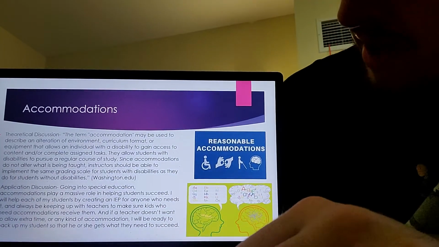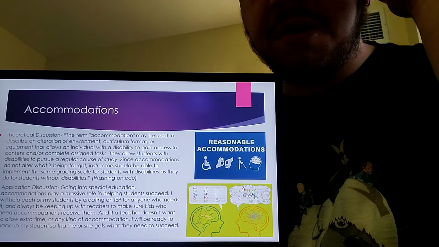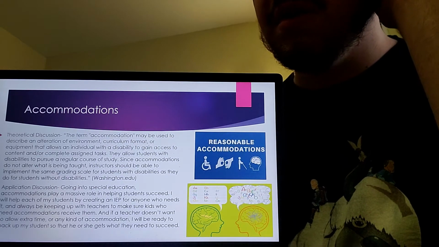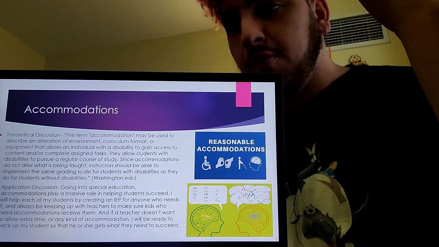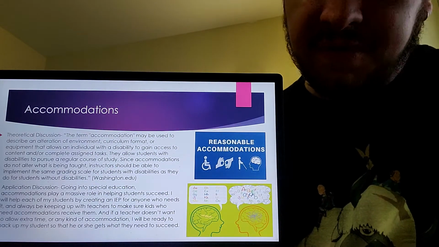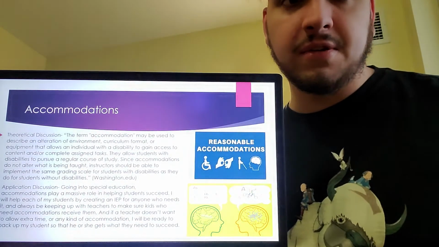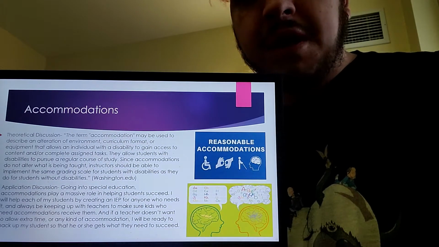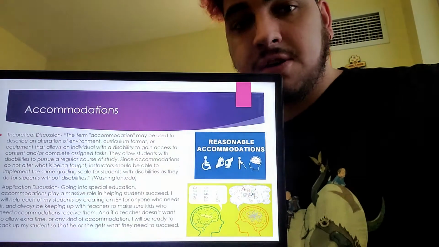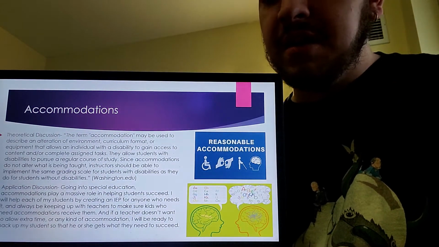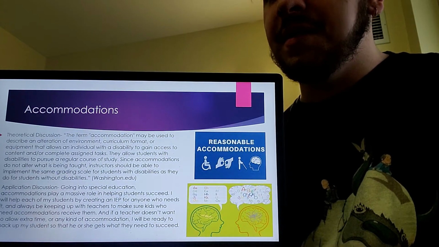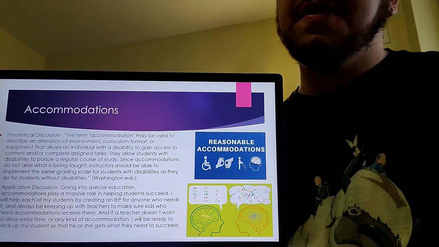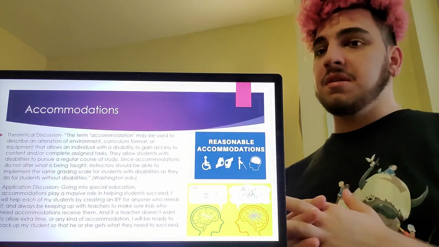Next up, we have accommodations. Accommodations are a huge role in the special education community. This is what allows students to be able to do as well as their peers on tests, even if they have a learning disability or a regular disability, ADHD, autism, etc. So basically, this accommodation is created by the special ed teacher, the principal usually, and then a teacher or two that student has, and then the parent of that student. And then an IEP is created, and then that student will be able to have certain accommodations on tests, homework,